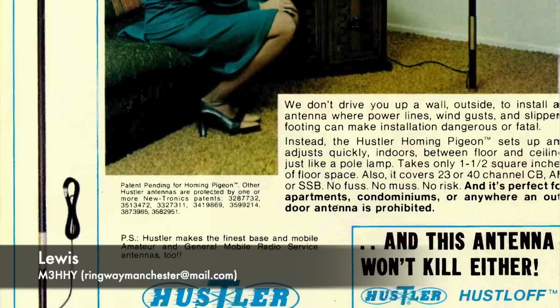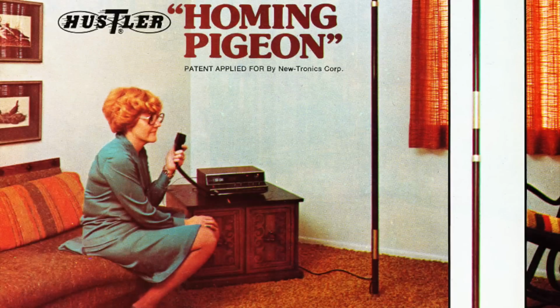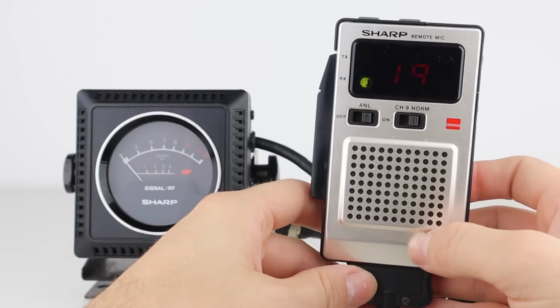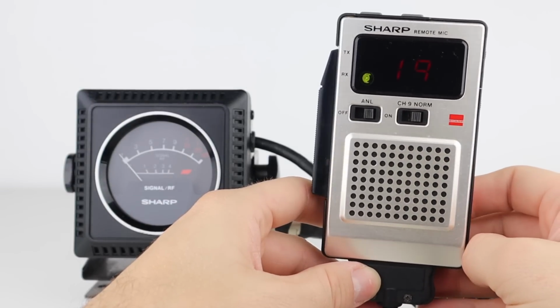Have you ever heard of the Homing Pigeon by Hustler? Well, neither had I. This was an indoor antenna specifically for CBers stuck in an apartment where the landlord allowed nothing on the roof or out of the window. It was for where the slightest inkling of a CB antenna brought out 50 neighbours blaming every form of TVI